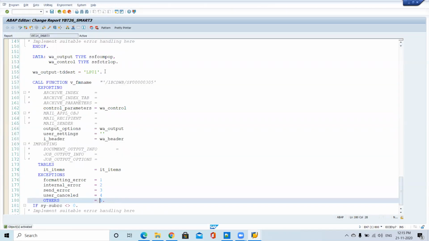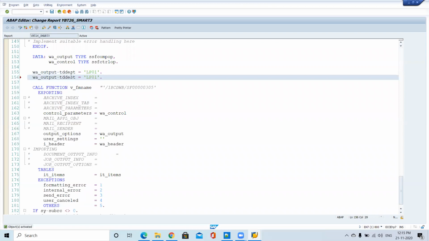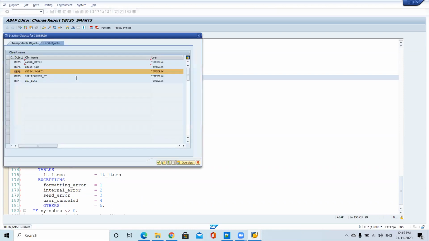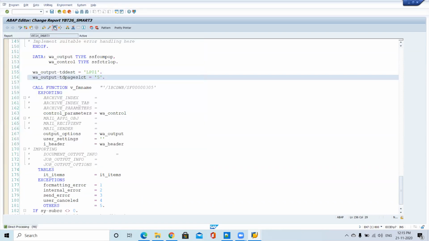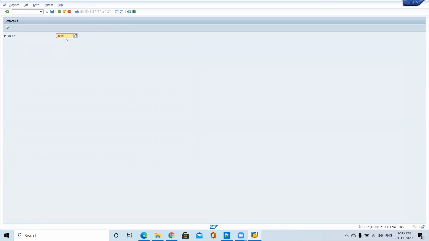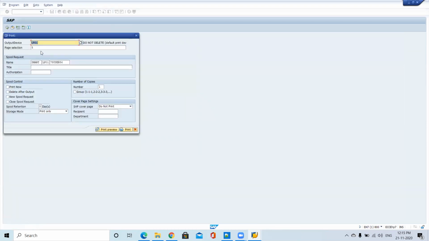Okay. So now what we are going to do, I just want to print only the fifth page, the page selection. Somebody told that I don't want other pages, just print only the fifth page. If you want to pass a page selection, just pass 5. Now execute. So the page number we are passing from the program is coming to here. So here number of copies is 1, but by default from the program, I want to pass this value.